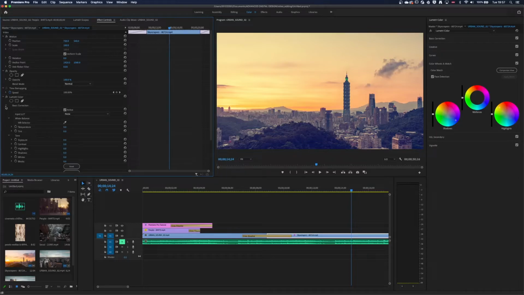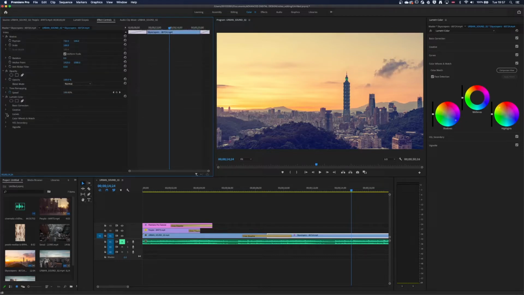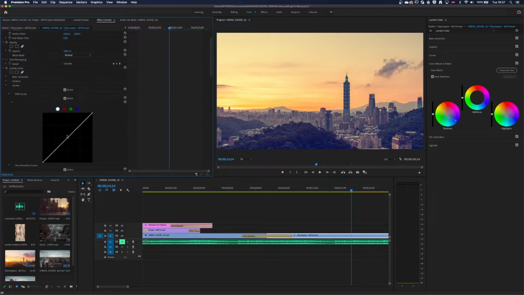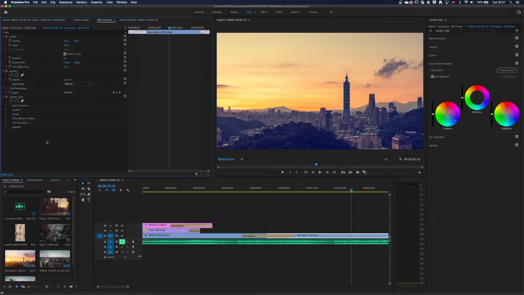So we have the basic corrections, we have the creative stuff, which I was just showing you. You have stuff like curves, so same as in Photoshop, if you do video editing, you can cut away the grays, or you can edit the exposure and that kind of stuff in here. Do it through color filters and other stuff. And if you, for some reason, decide to go back to the original, you just click on Reset Effect, and you will get back to your original clip. However, this way